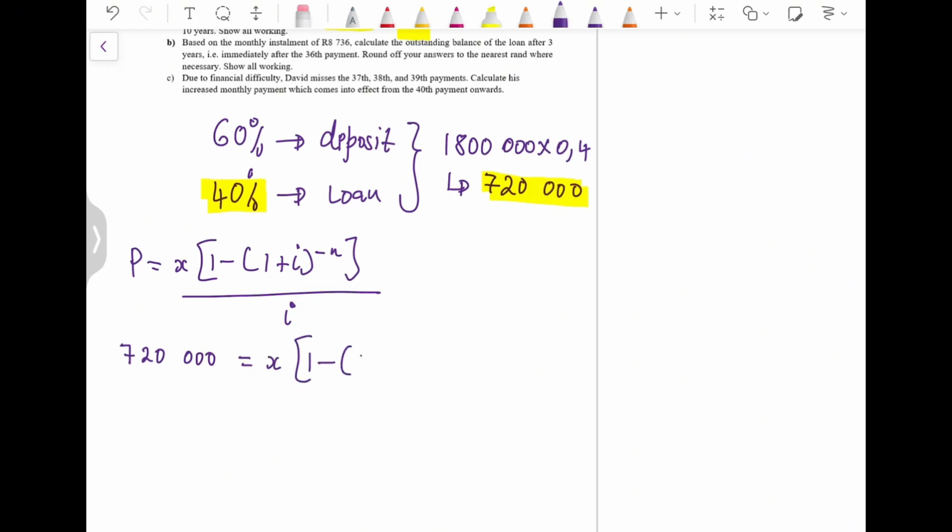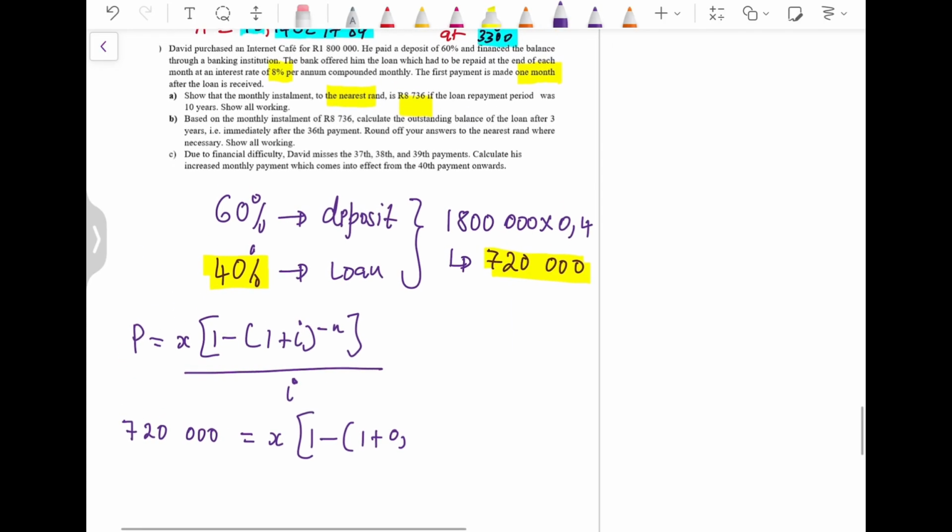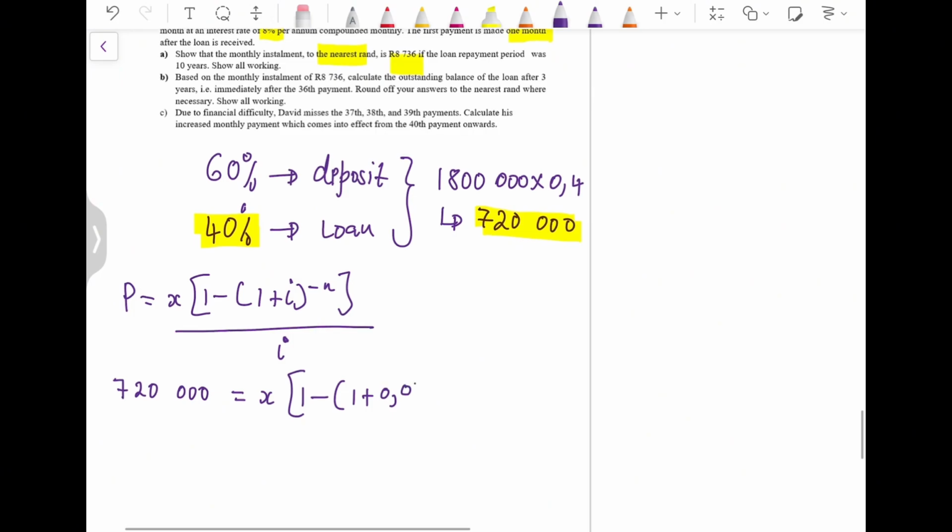1 minus (1 plus 0.08 over 12) to the exponent negative... The interest is 8%, so it's 0.08 compounded monthly, over 12. It is 10 years, so n will be 120, because in each year 12 payments are being made. So for 10 years it will be 120. So all divided by